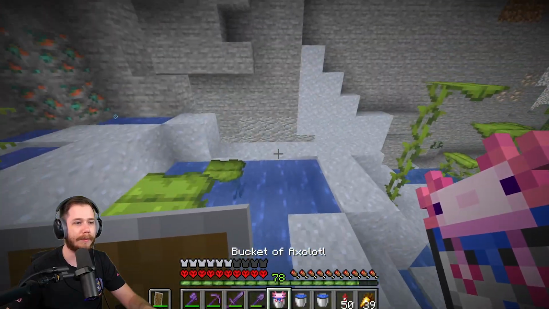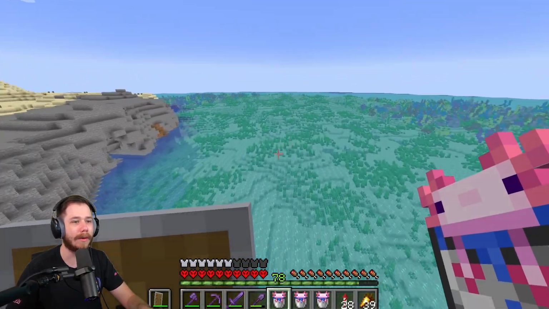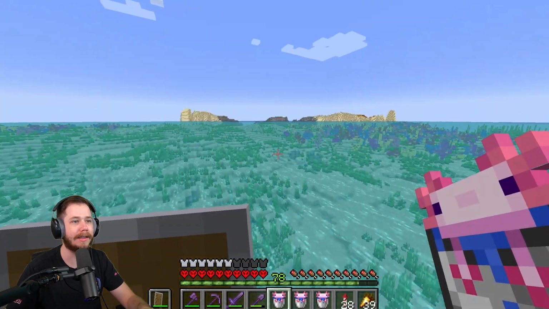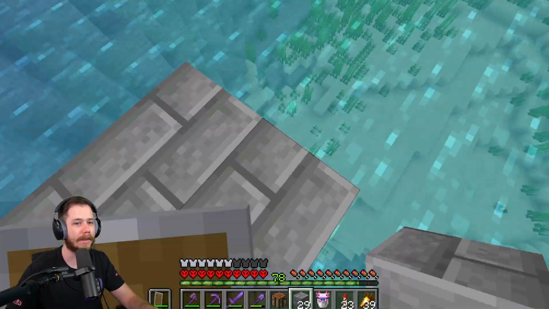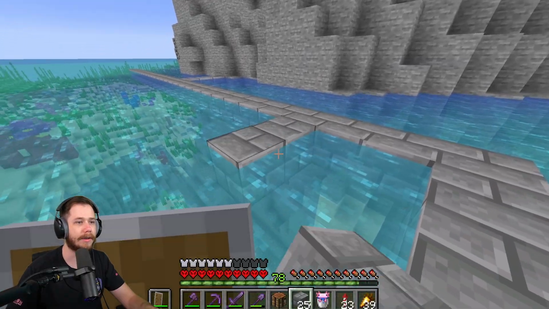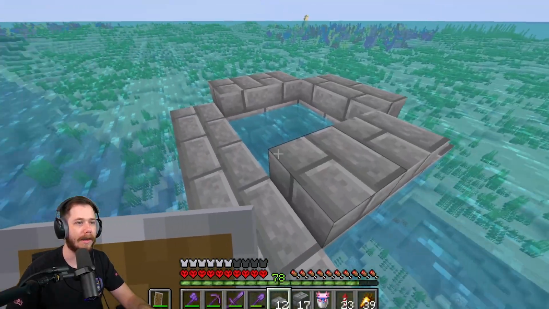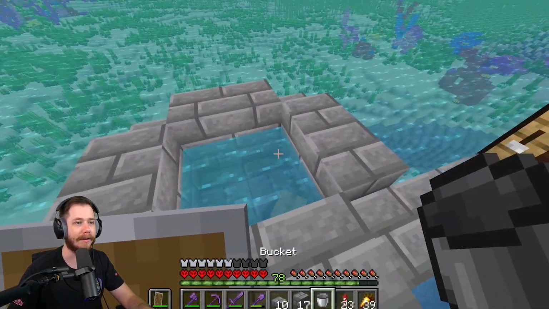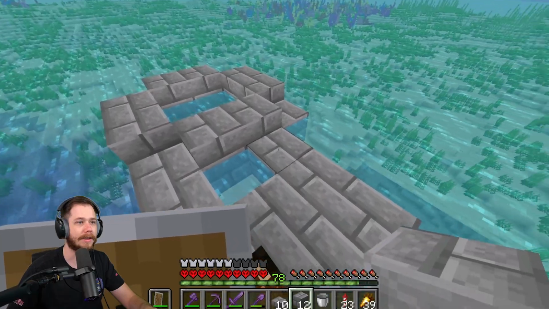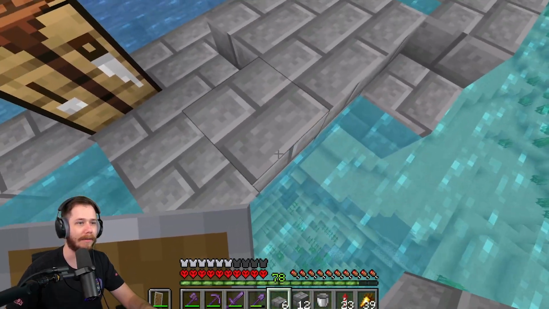All we need to do is scoop up some axolotls and take them out to a warm ocean where there will be plenty of tropical fish, since that's what you need to be able to even breed them. And essentially what I want to do is create kind of like a little box like this, where I can then close it off, and I can put my axolotls in here and they're not going to be able to escape. And I essentially just repeat that exact same thing all the way around it,